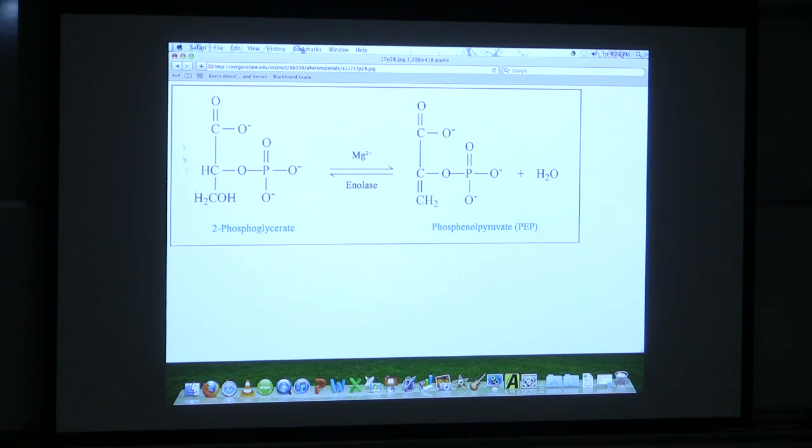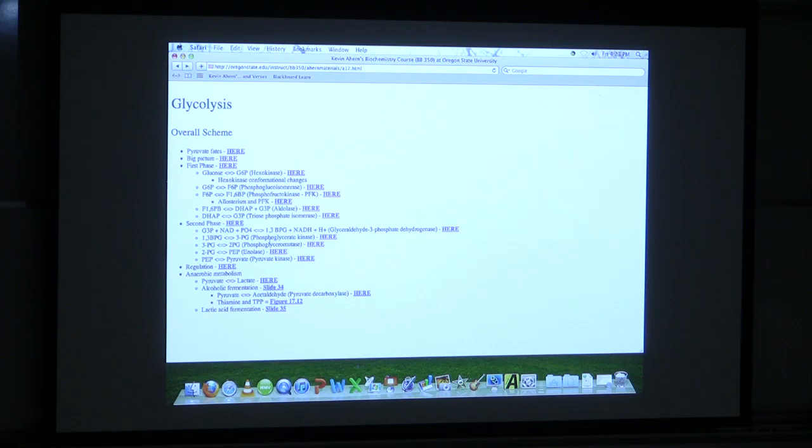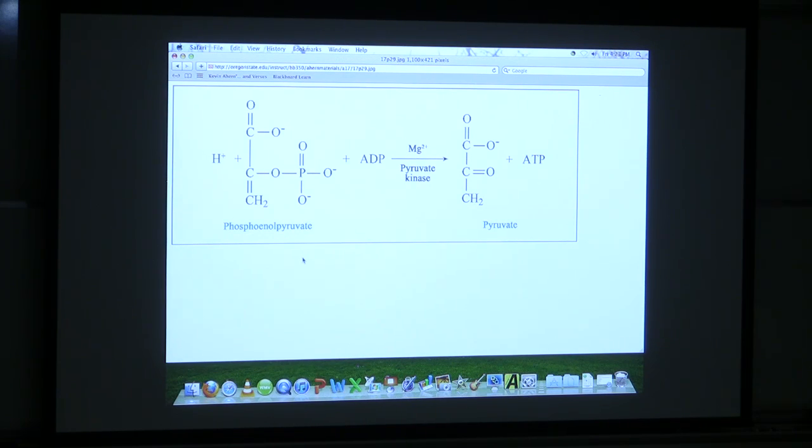And we have PEP. Now, we're coming up for the reaction in glycolysis that I like to call the Big Bang. When we think of the Big Bang, it was the explosion that started the universe. This Big Bang is called a Big Bang for another reason, and that's because it's extraordinarily energetically favorable. Okay? What does that mean? First of all, let's look at the